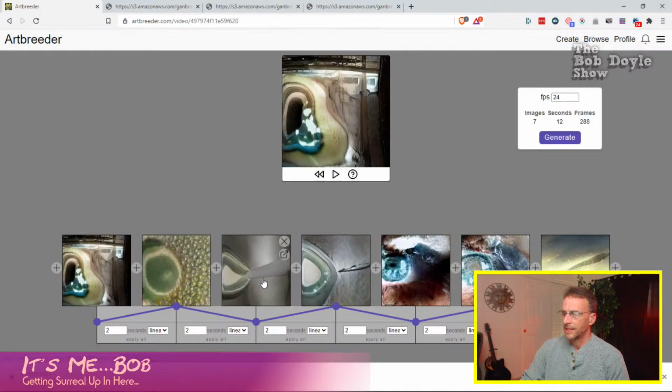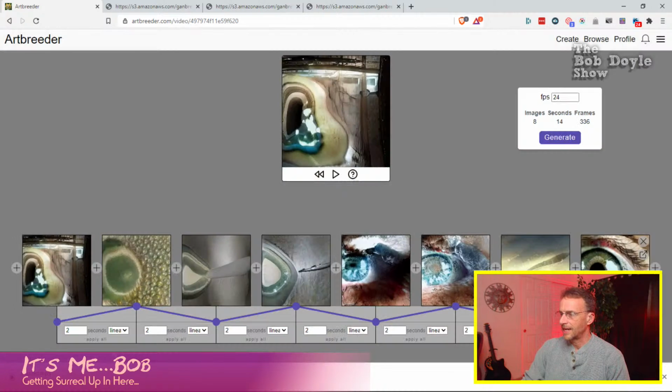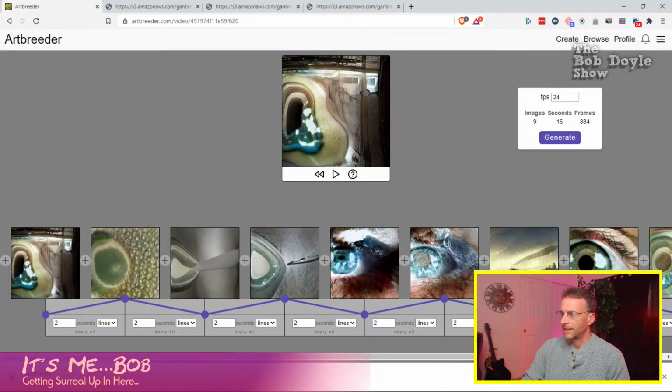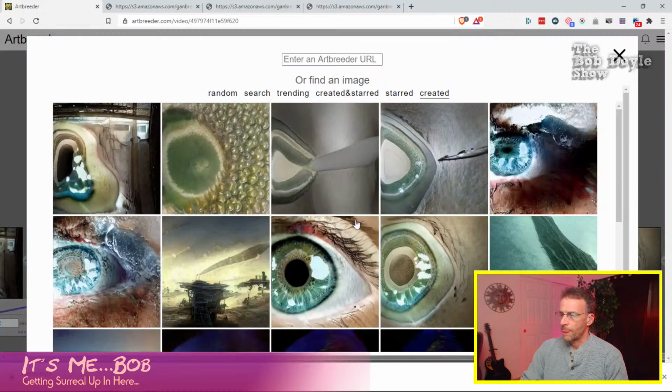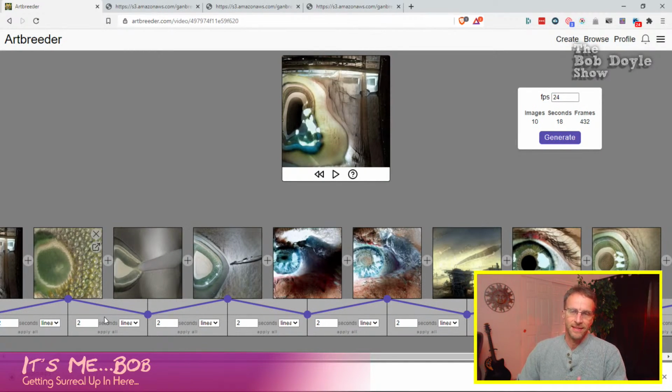Let me get into city, eye again. This one, I'm going to make sure, is that right? And then I want to put the first one in again so I get a loop. All right, and then these lines down here talk about how the animation is, whether it's linear, whether it's smooth. I guess for now I'm just going to leave it linear. And you can see here that it says 24 frames per second. If I do this, it's going to be an 18-second animation, which, by the way, we have to wait for. We're going to be waiting a few minutes for this to get done.